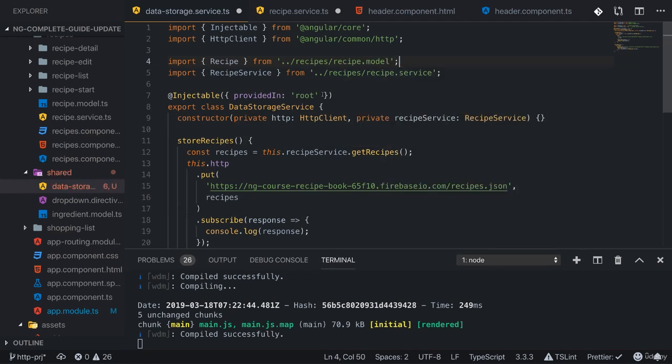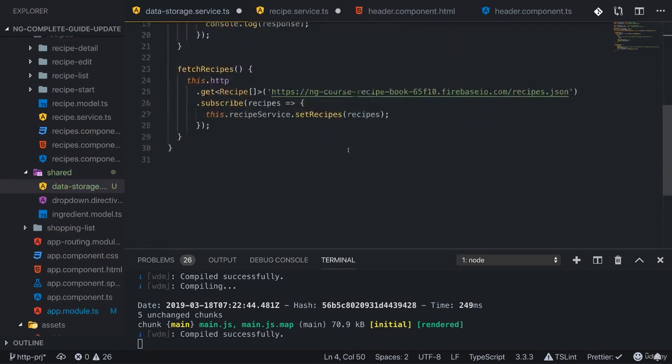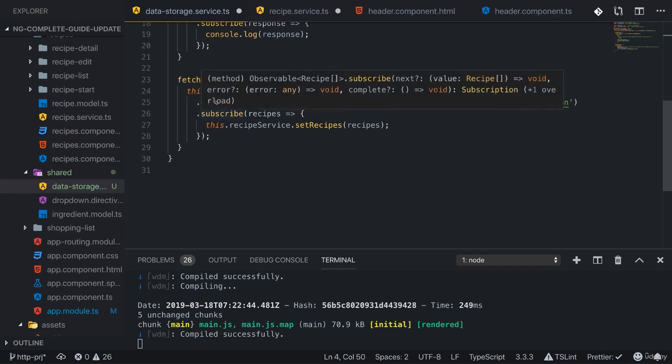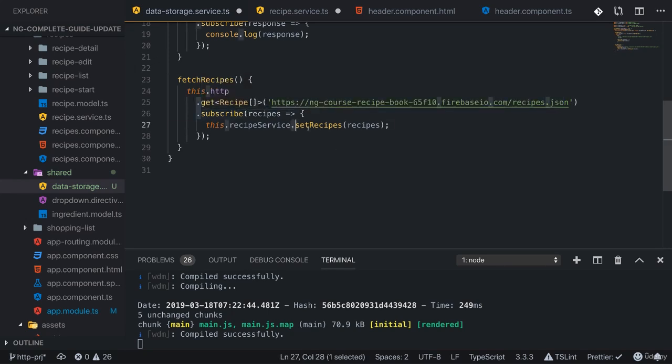So that we can use that type in the data storage service. And now TypeScript does not complain anymore, because now TypeScript understands that the response body will indeed be an array of recipes, and therefore we can validly forward this here. With that out of the way,